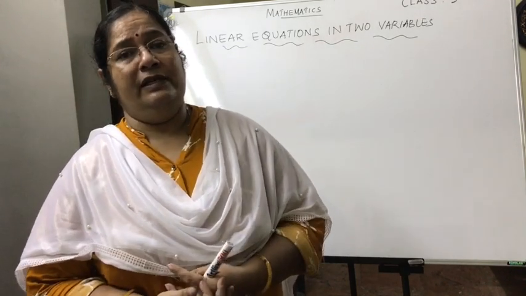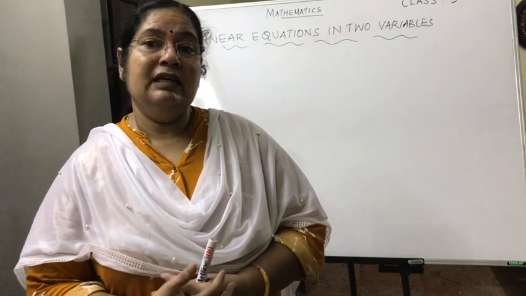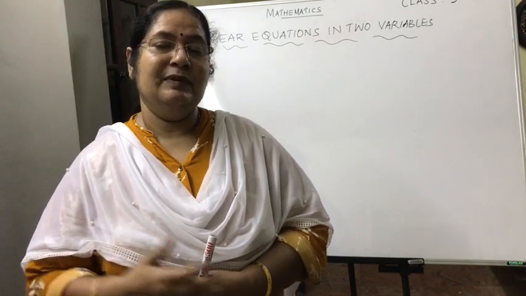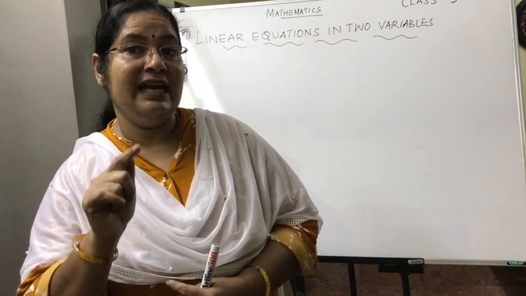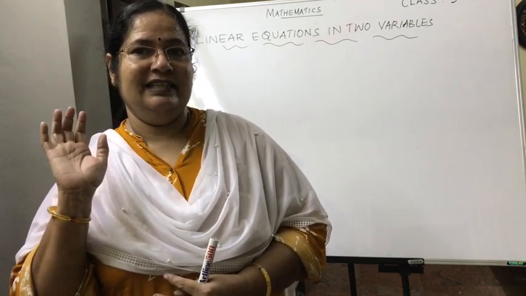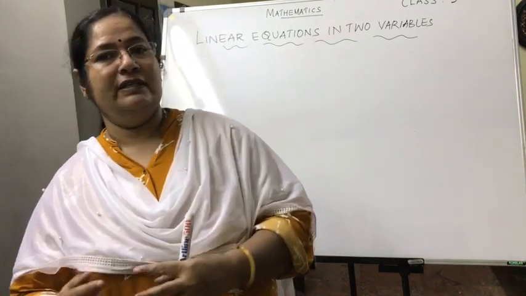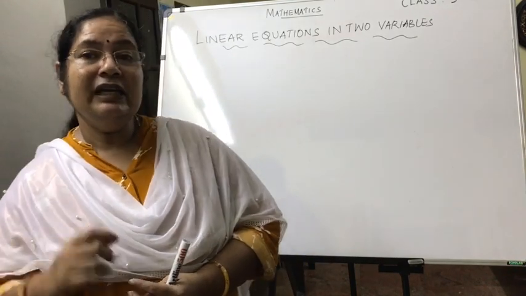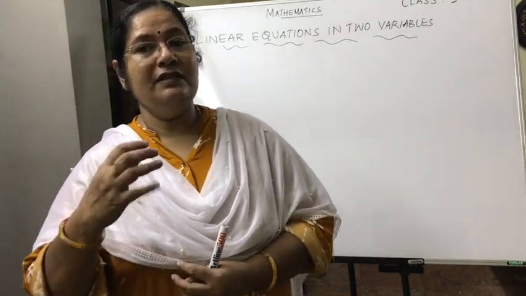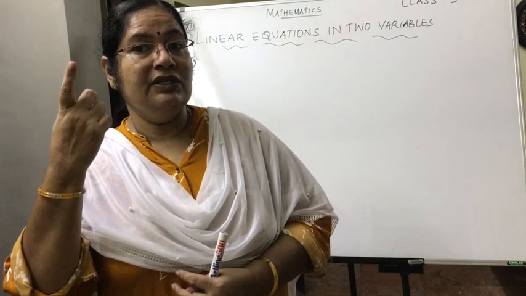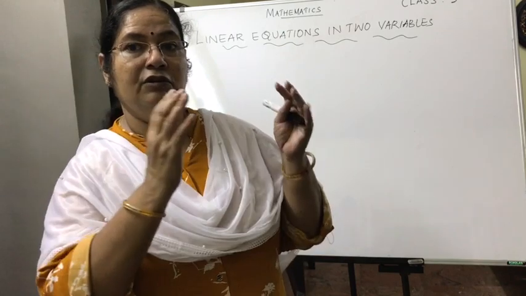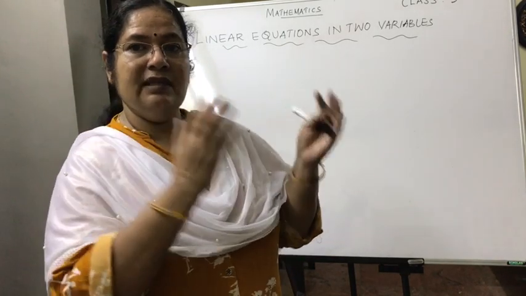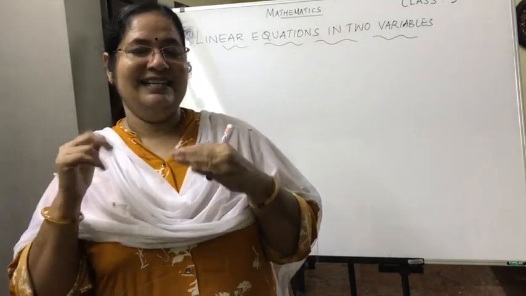Now next point is, we have learned about equations. That's why I asked you to go back to 6th class. There we have learned about equations and solutions. What is an equation? What is a solution? Now equation means, the first thing that comes to your mind is, okay, there is an equal to sign. It is something which has got two sides. We call it the left hand side and the right hand side. It is having two sides.